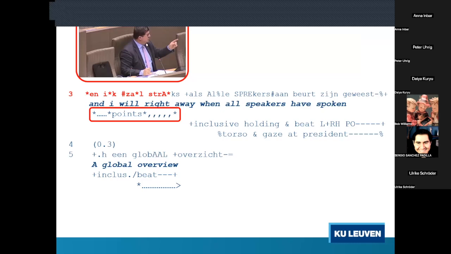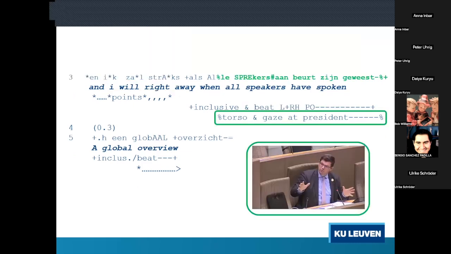And then he turns his torso to the right, which Schegloff calls a body torque, right? Indicating at the president, "I will address all these questions at the end of the Q&A." And this refers to the little incident he had previously with the president. But mind you that he is just continuing his utterance, his proposition, and that he's not interrupting his verbal production just to insert the gestures, right? So this is what one might call multi-activity.